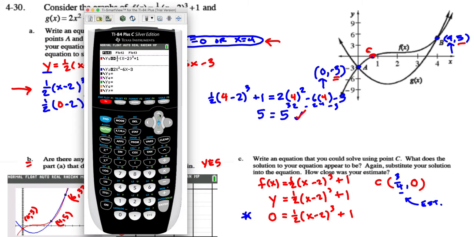All right, here, let me go up and let me turn this off. And you'll see I already have my function typed in here. I actually have both of them typed in. I'm going to clear this one out. And I'm going to graph it here. I'm going to do a zoom 6, so you go ahead and get that typed in, and it should look something like that. Now what we want to find here is when our y value is 0. So we're looking for what is x